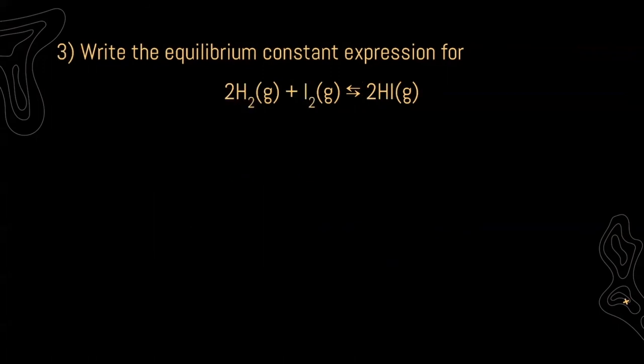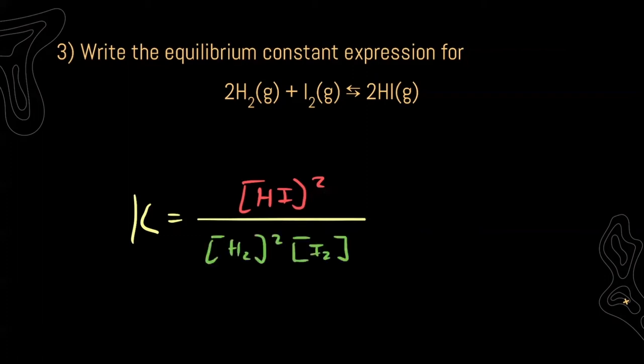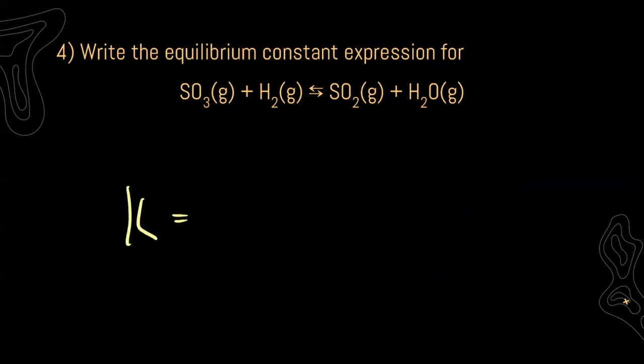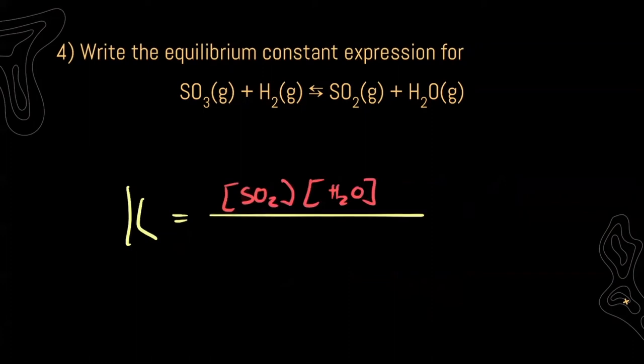For the reaction between hydrogen and iodine to make hydrogen iodide, our equilibrium constant is going to, again, be our products, the concentration of hydrogen iodide to the power of its coefficient, divided by the concentration of hydrogen, again to the second power for its coefficient, multiplied by the concentration of iodine. Same thing for this reaction. For our equilibrium constant, we're going to put our products on top. We're going to get our concentration of sulfur dioxide and water divided by our concentration of sulfur trioxide and hydrogen